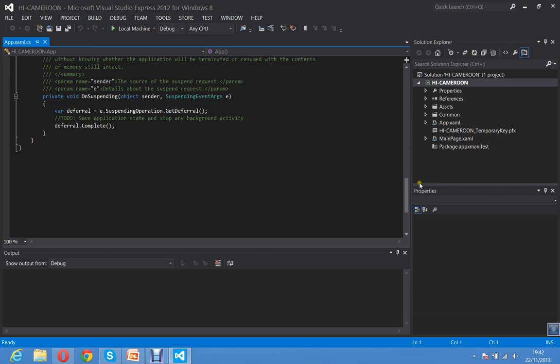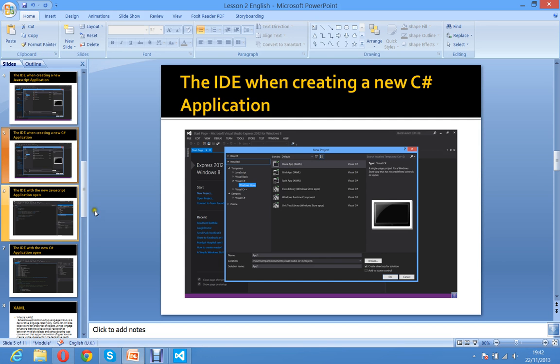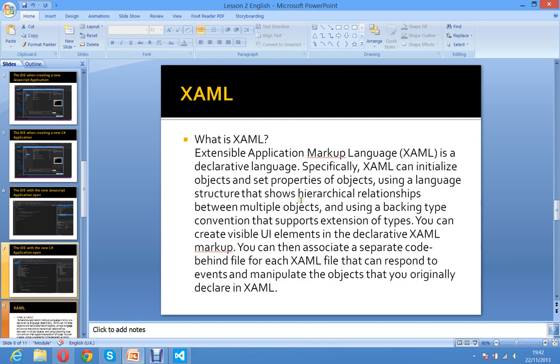Now, the main page that we're going to go to is not default.html, it's MainPage.xaml. Before proceeding, let's talk a little bit about XAML. XAML is an Extensible Application Markup Language. It's a declarative language, and it's